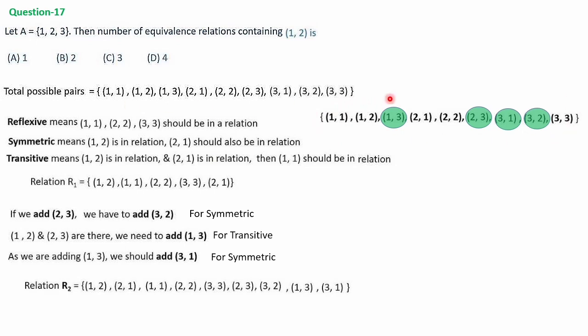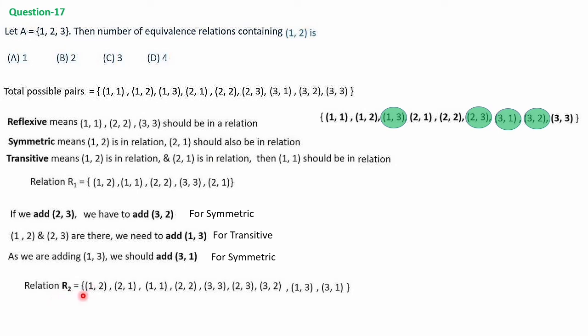So in the relation R2, all the elements we have taken now: (1, 2), (2, 1), (1, 1), (2, 2), (3, 3), (2, 3), (3, 2), (1, 3) and (3, 1). If you write in the same order as written here, that way also no problem, and without a particular order also it's not a problem. Whichever way you write, it's fine. These same elements only we have included here. So this is the second relation R2.